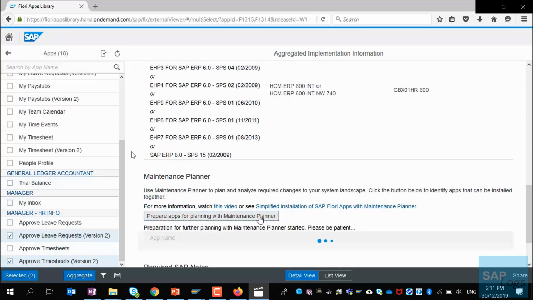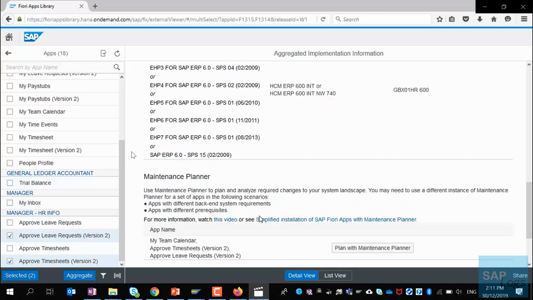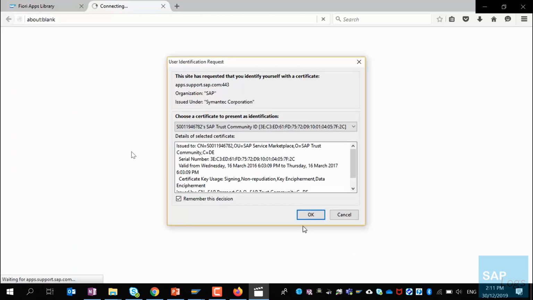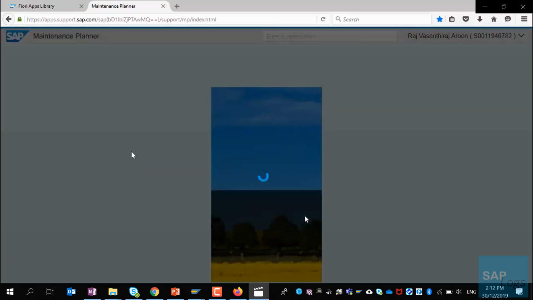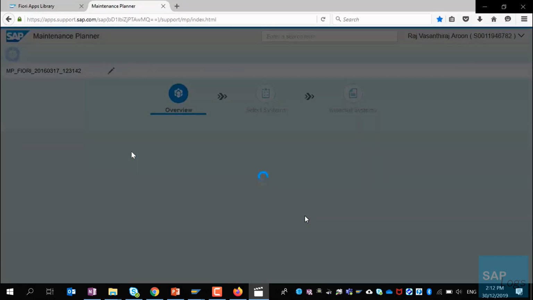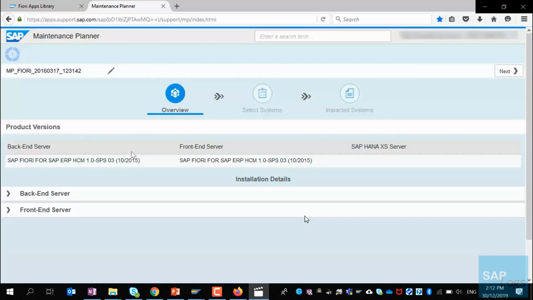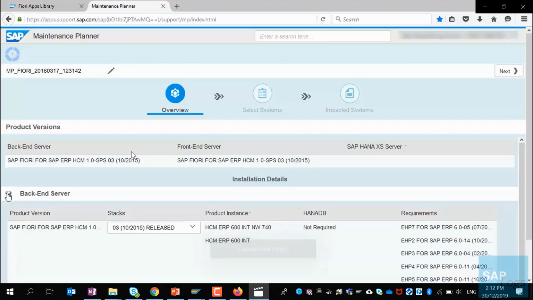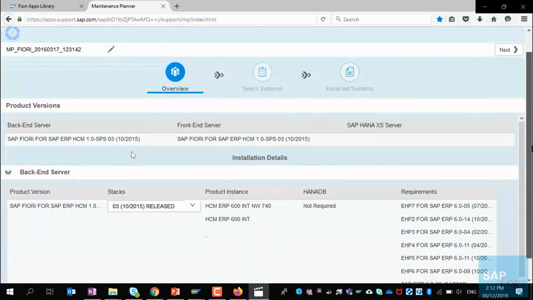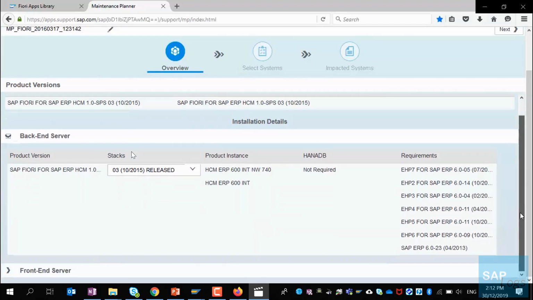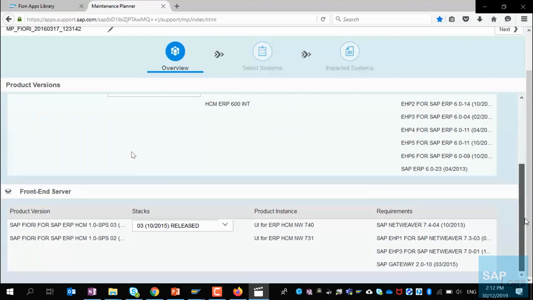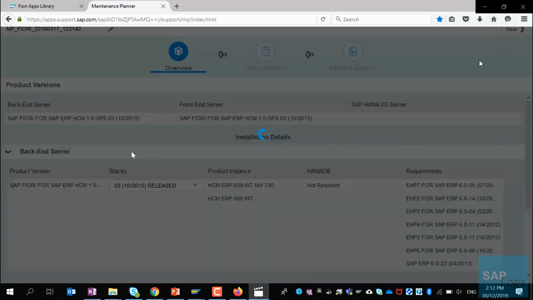And then let's click Prepare Apps for Planning with Maintenance Planner. And then it will collect all the required information. Then you select Plan with Maintenance Planner, and it will take you to the SAP Maintenance Planner. So once you're in the Maintenance Planner, it will show you, okay, these are the backend service required prerequisites, and it will also show you the same for the required prerequisites for the front-end server, which is the NetWeaver gateway. And then you select Next,